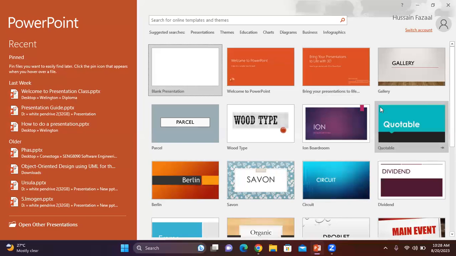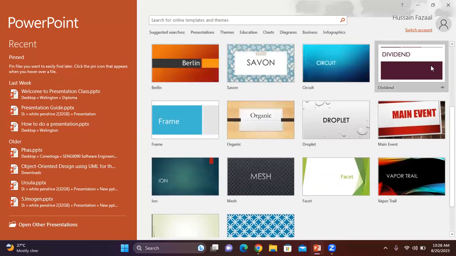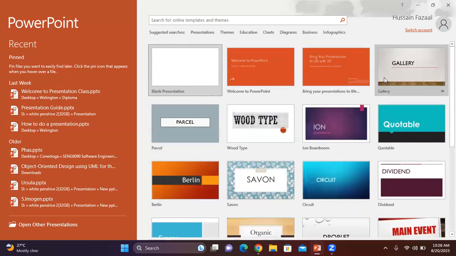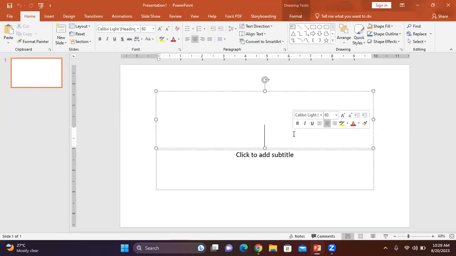So here you can select any of the slide types, but we'll go with blank. We can apply all these slide types later. You go to blank presentation. Then at the beginning itself, it will take you to a PowerPoint slide called the title slide. Here you have to give the title. We'll say today we are going to do a presentation about how to